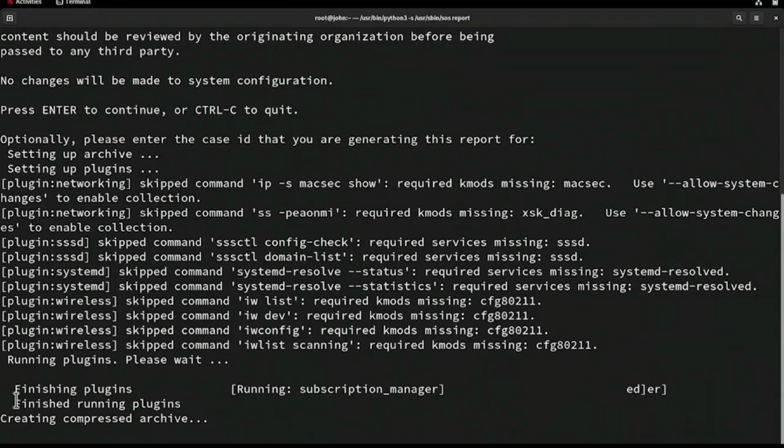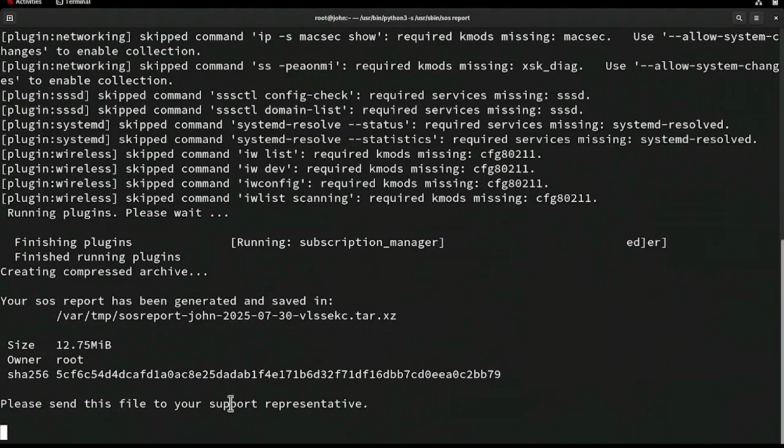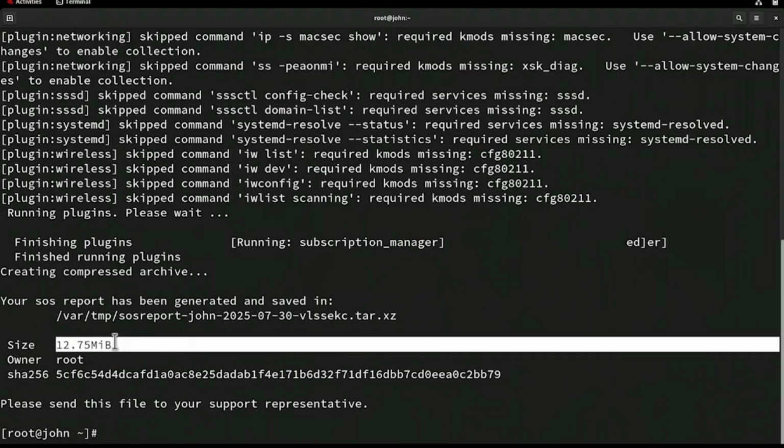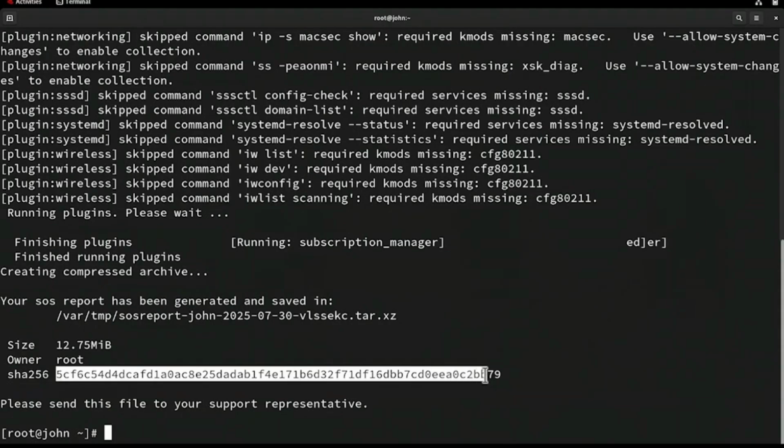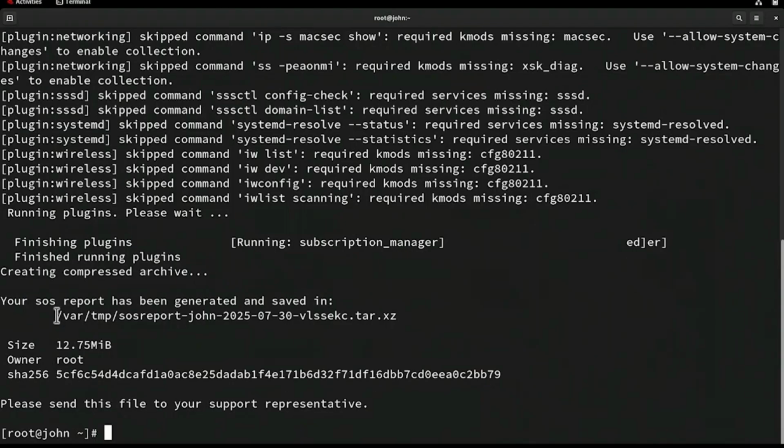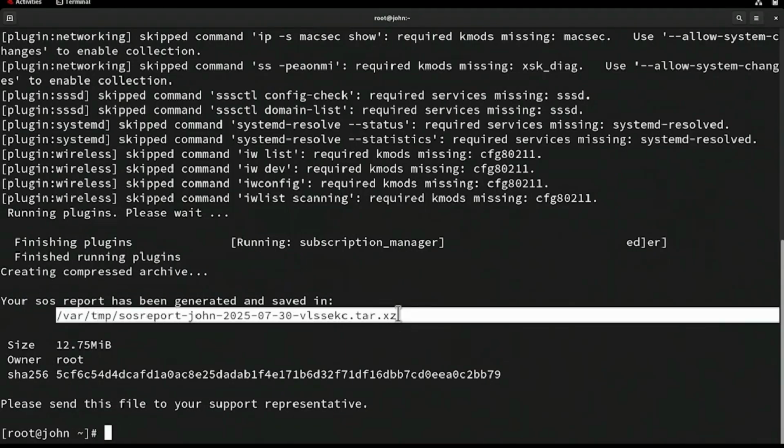At the end of the process, you'll see confirmation that all plugins have been installed and the data is saved in a compressed archive, ready for troubleshooting or support. Once the report generation is complete, you'll see details such as the file size. In this case, 12.75 megabytes. The file owner, which is root, and the hashing algorithm used, typically SHA-256, followed by a long string of hash characters. The SOS report is saved as a compressed archive at this location: